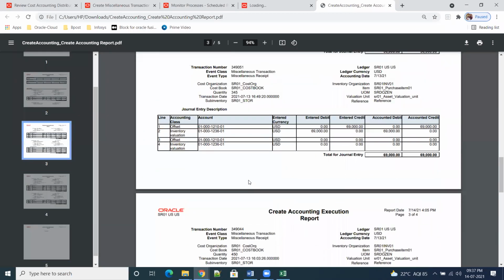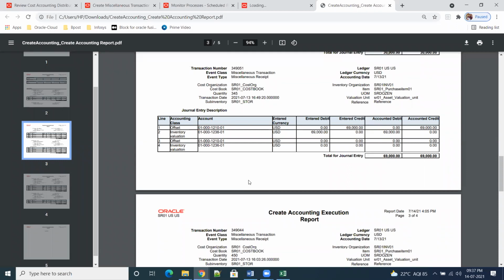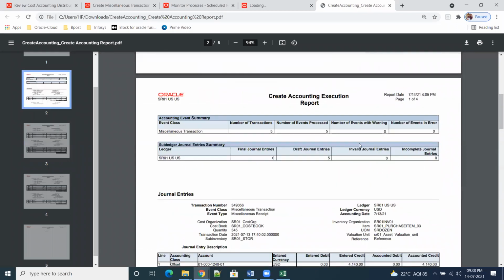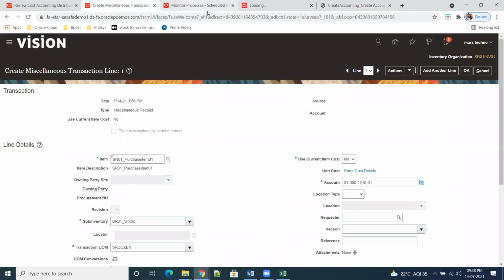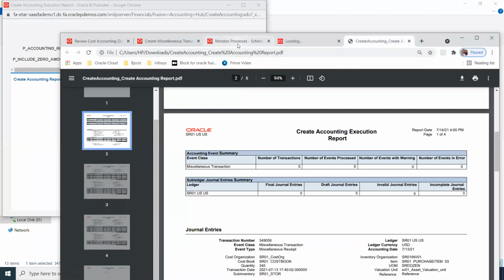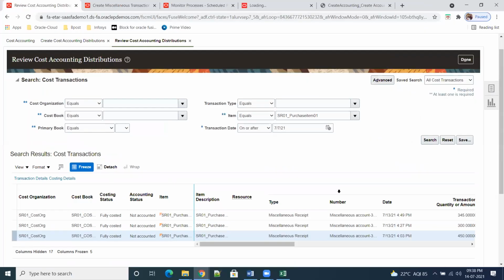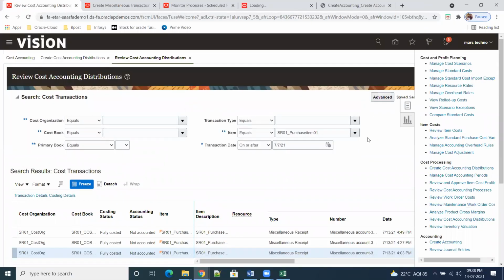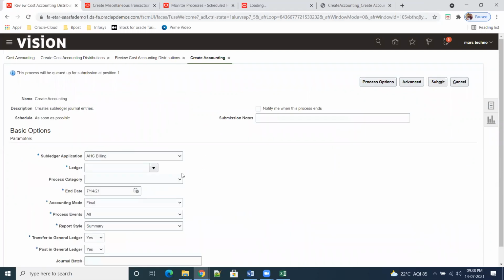But this is the report before posting the transaction to the GL. So when you run the draft mode, system will give this report. Then once the financial guy feels it is okay, then they will go to, not here, sorry, review costing, go to system again, create accounting.